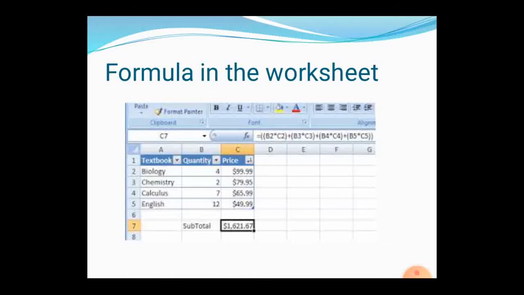Similarly, we have to do this up to B5 and C5. The final answer will be written in C7. Okay, this is how formulas work in the worksheet.